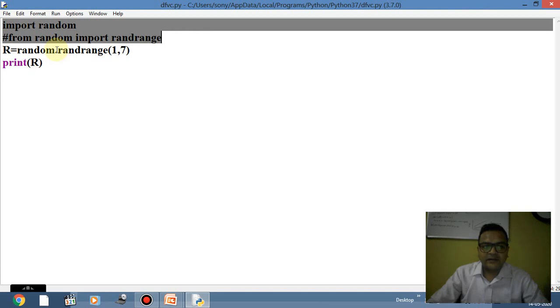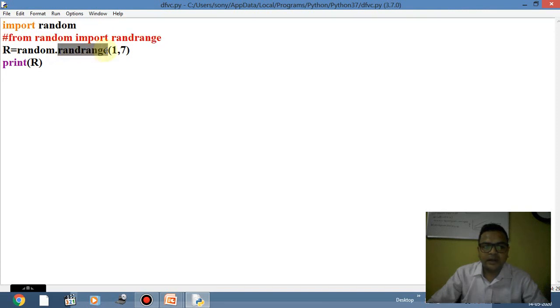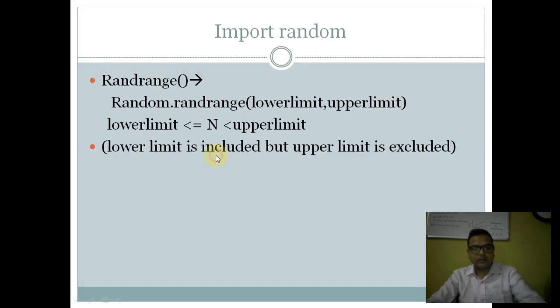And the randrange function, students, again I am repeating, needs two arguments, 1, 7. One is the initial, so the initial value may come, the final value minus 1 can also come, and a middle value may also come. So it cannot be predicted what the value of r will be. It depends on the range; any value within the particular range may come. That is the randrange function. Clear? So I think students, this will be clear to you.